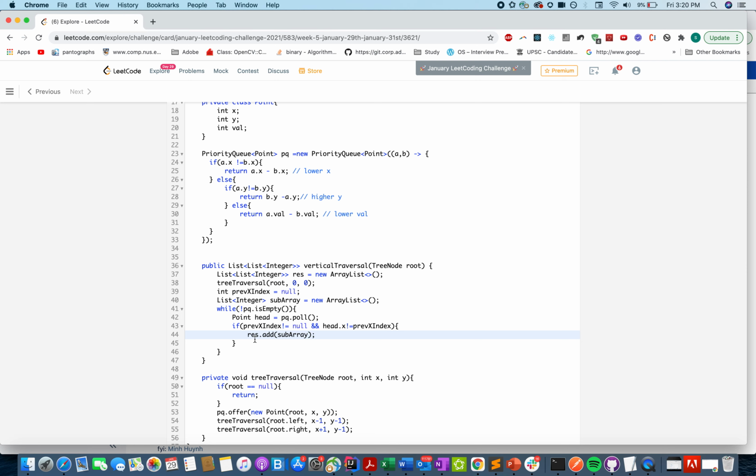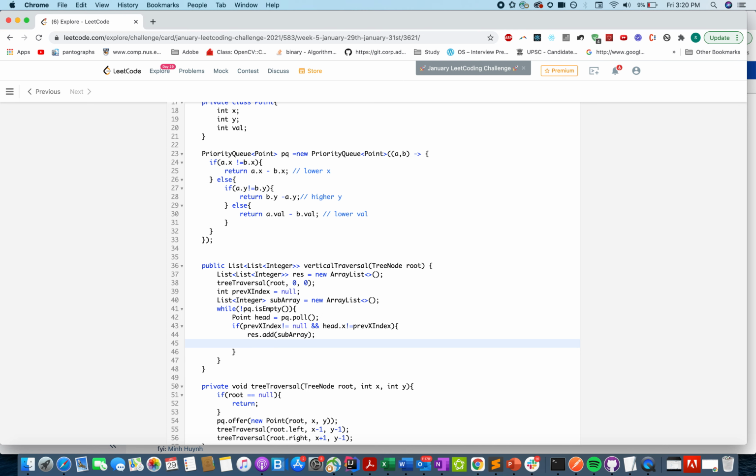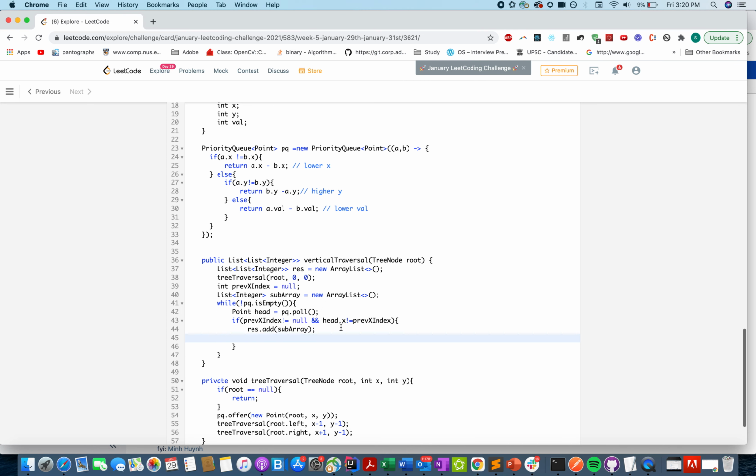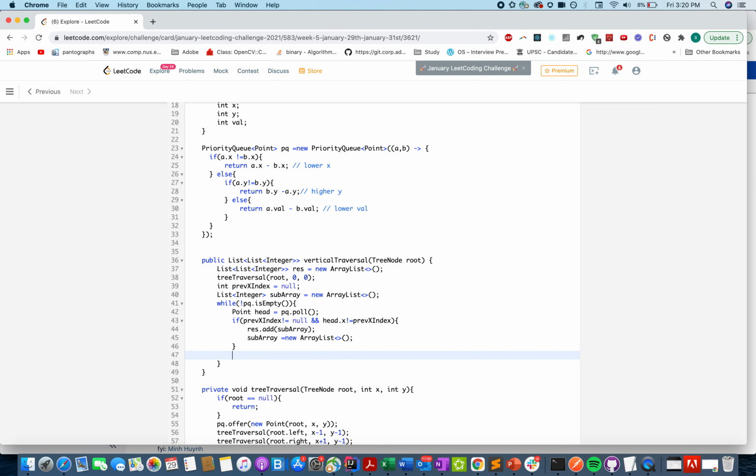Whatever the previous value was stored in the sub array, we dump it to the result. We initialize the sub array again to an empty list, and once we are done with this, sub array dot add head dot val. Pretty simple.